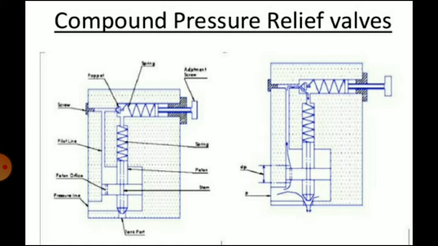Now the second type of pressure relief valve is the pilot operated pressure relief valve. So when the relief valve is to be used for higher pressure and higher flow, its size increases considerably and the spring goes on becoming much heavier. For this reason, appropriate size and easy to use pressure control valves for large flow through quantities are provided with pilot operation.